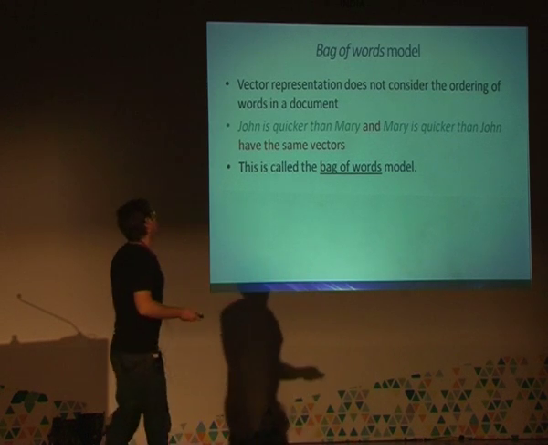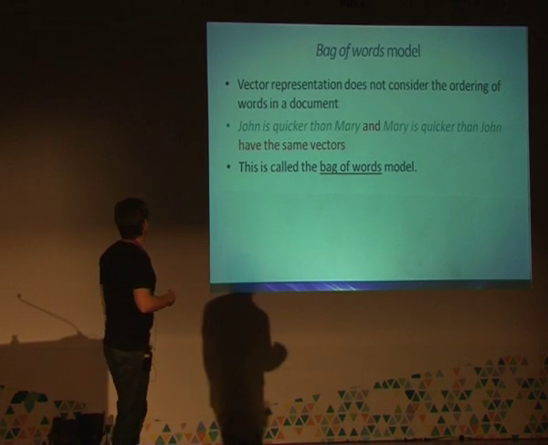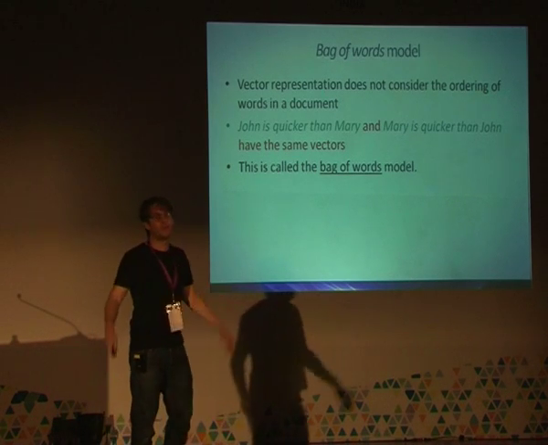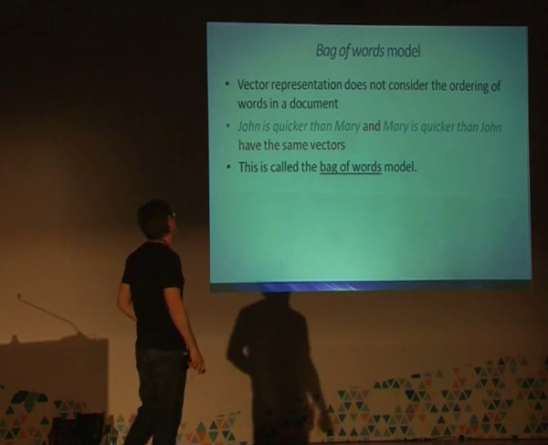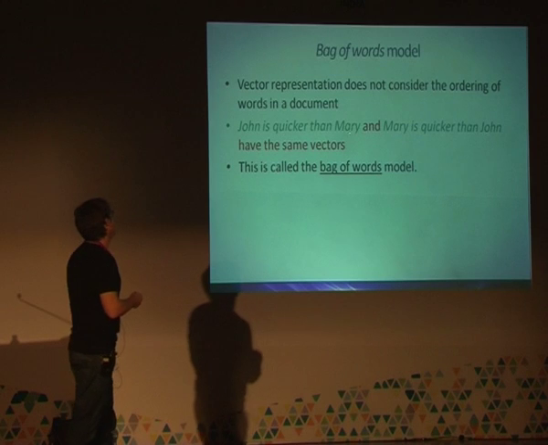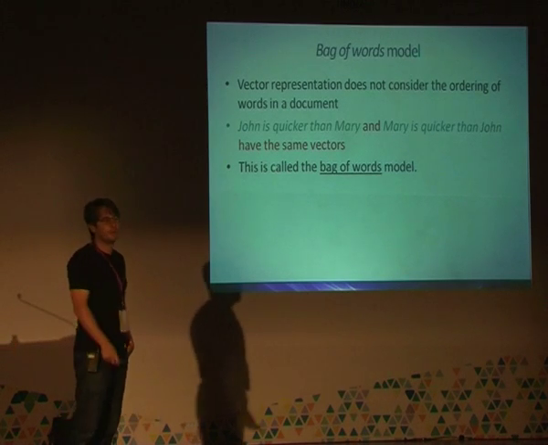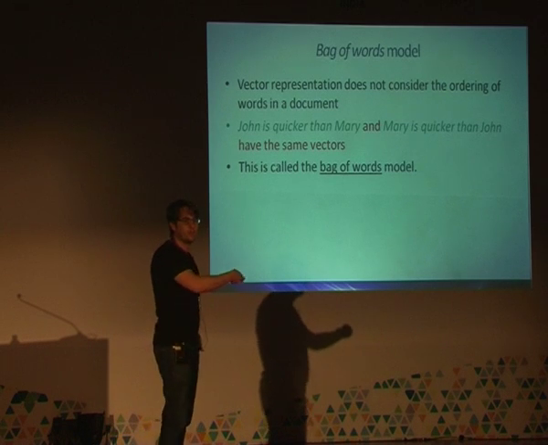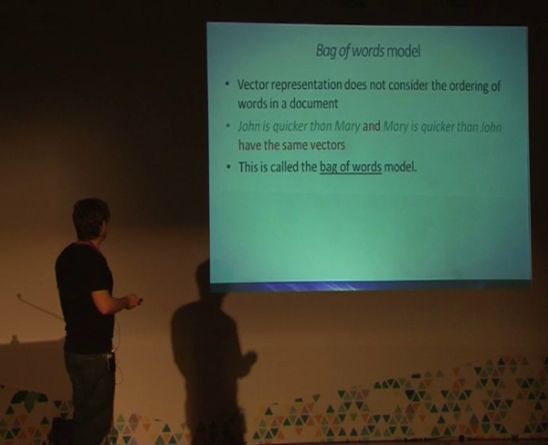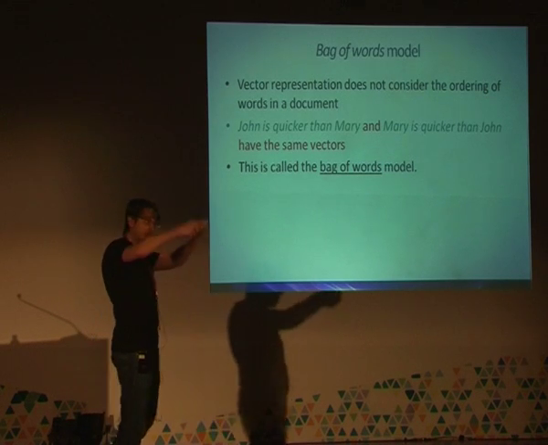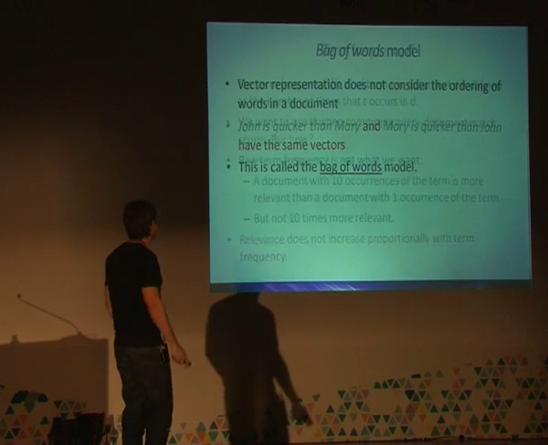So in general, most of your approaches use the bag of words model, and everything I'll be talking about today uses this. It essentially says that you don't consider the ordering of the words, you don't consider the positions, even though there are ways of doing that. So essentially, John is quicker than Mary, and Mary is quicker than John, are the same. Okay? There's no way to differentiate these two in these models. They will always get the same score for any query. And that's called bag of words, because it's like you have a bag and you put all the words there and you don't know the order in which they were to begin with.